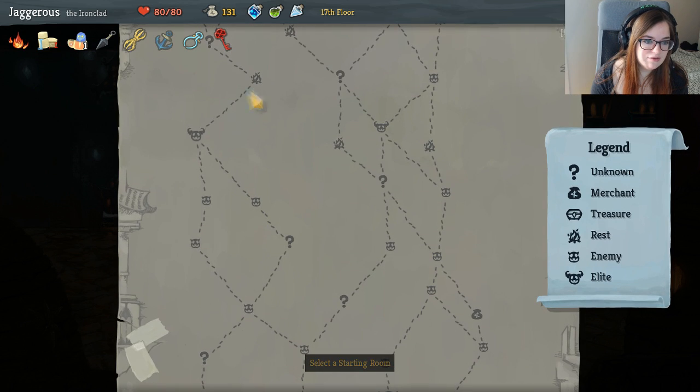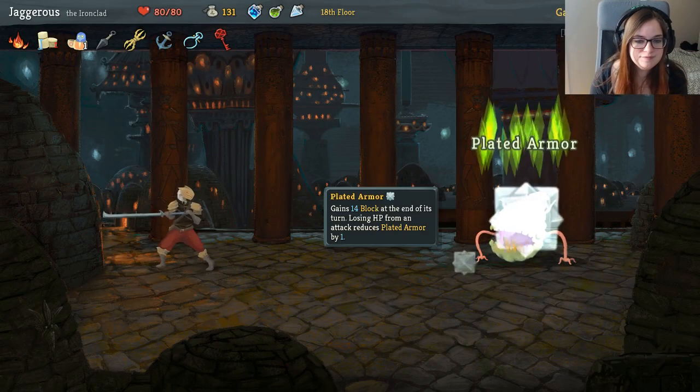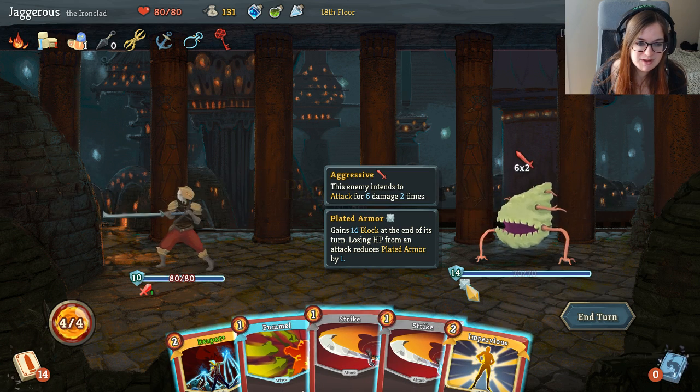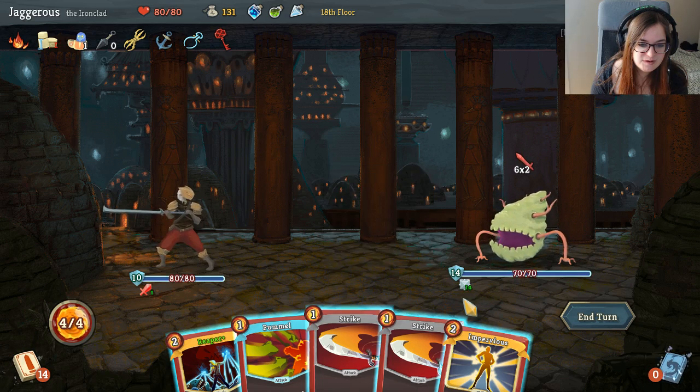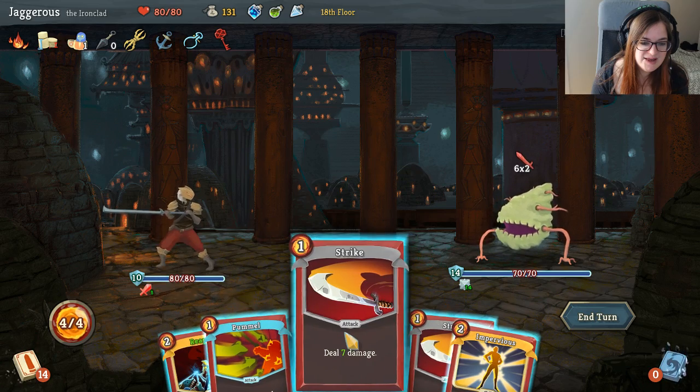But this is a risky route. I think we take this route, though. Plated armor: gains 14 block at the end of its turn. Losing HP from an attack reduces plated armor by 1. So if I can hit him...